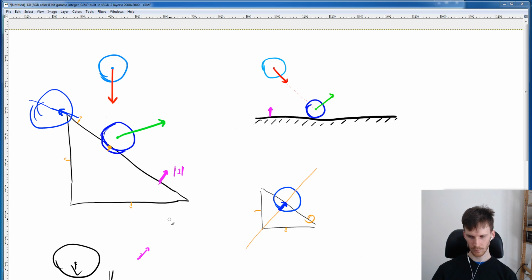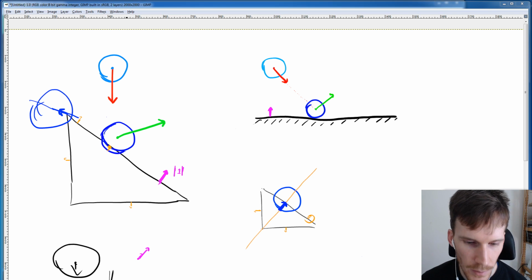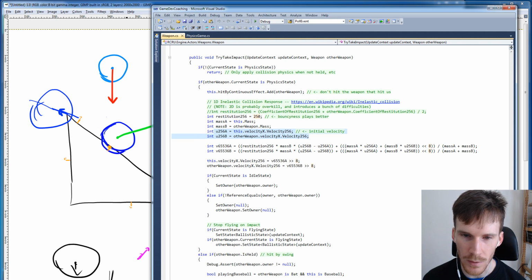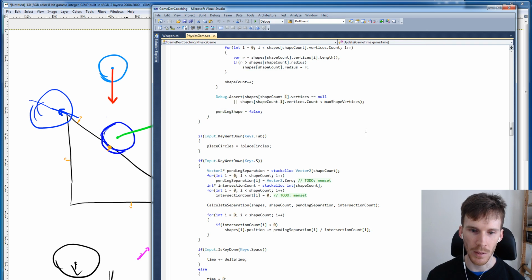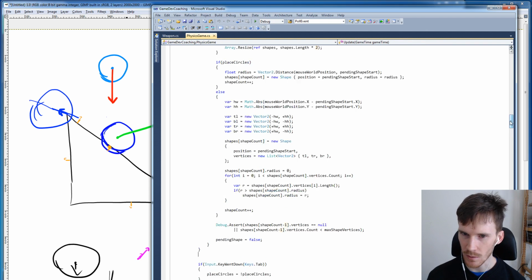We could pull that out of S and always do it, and then always look for the intersection count to be greater than 0. And if it is, then we know we need to prepare a response in the simulation. So let's have a look at that code. We'll actually do this later, but